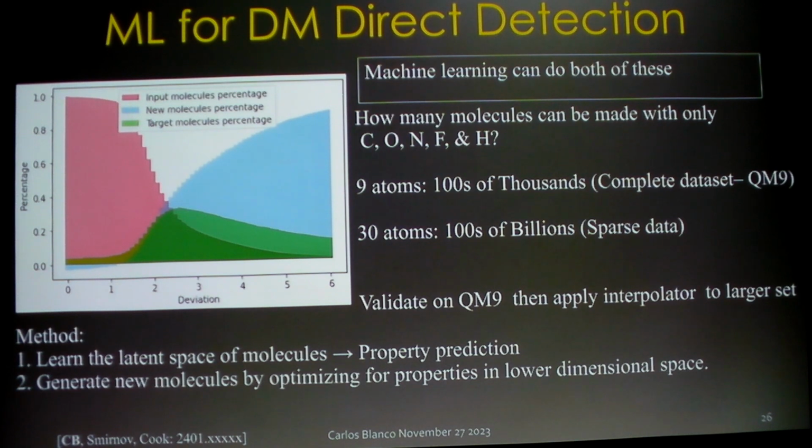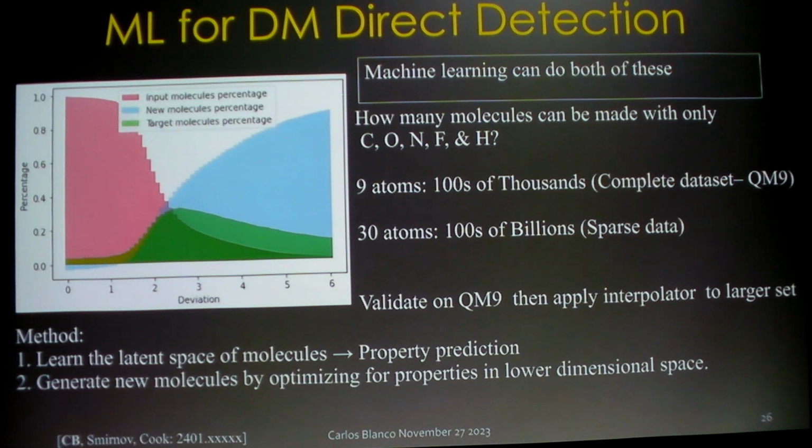And then we can say, okay, take that network and now apply it to a sparse data set that has much more atoms per molecule, and then use essentially a fancy interpolator, which is what machine learning is, to really complete the data space. And so this is a plot that's kind of hot off the presses. And what it's showing you is, as a function of essentially an order parameter in our network, this is a generative network,